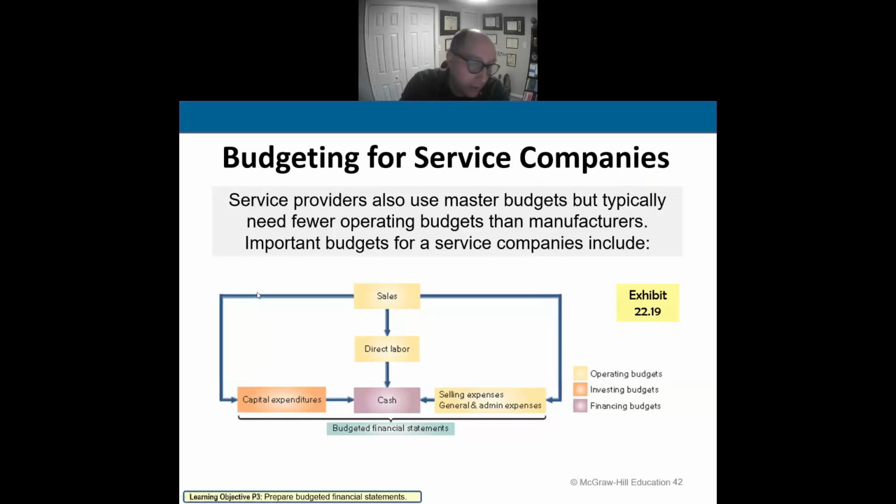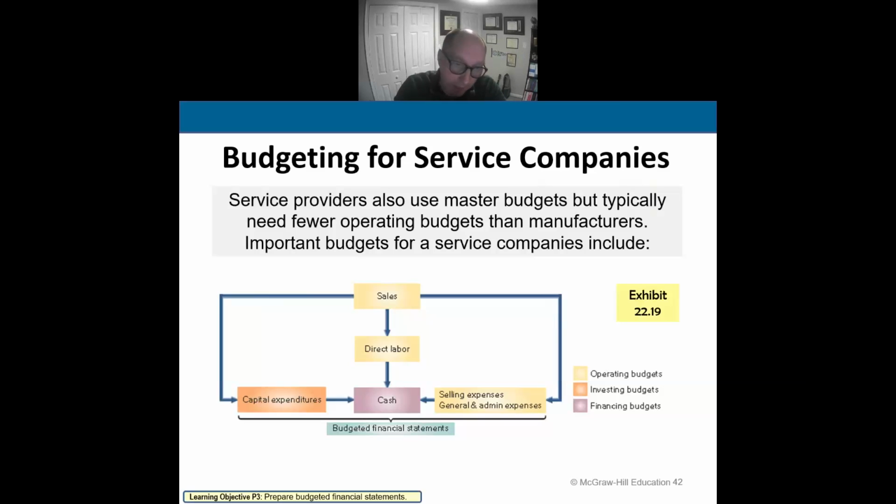For service companies, it works a little bit differently because in a service company, you're not going to have direct materials. You're not going to have factory overhead, but you will have direct labor. And so this is an example of what the process looks like for a